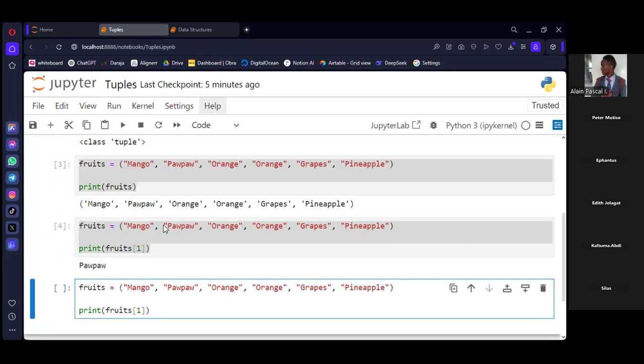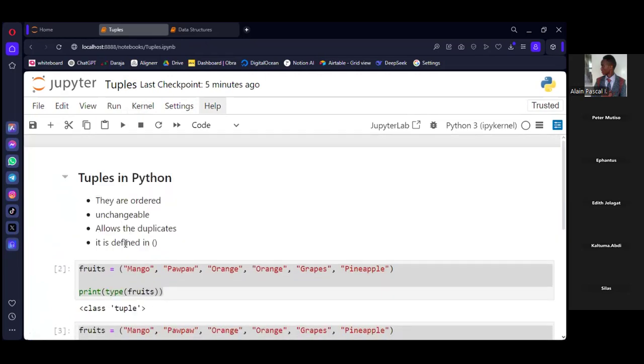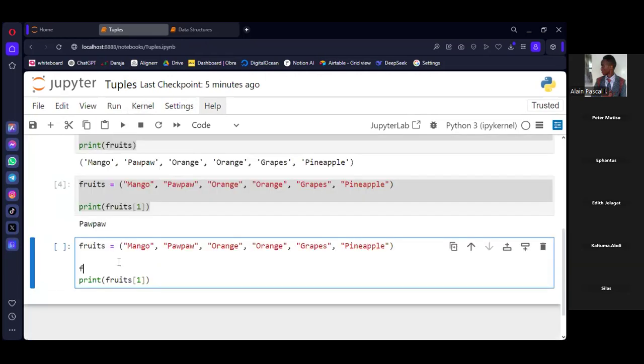But in this case, because we said it is unchangeable, let's try to prove it. So we specify our object, which is fruits, and then the index, for example, index 0, which is mango. If we want to assign it a new value, we use pineapple. I don't know if this is the spelling for pineapple, not sure, but it's just fine.